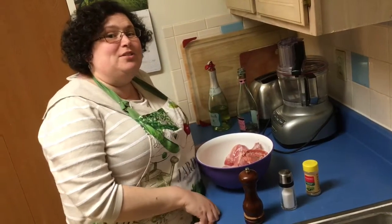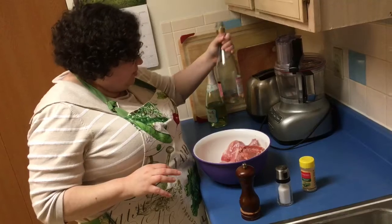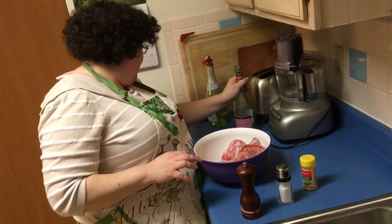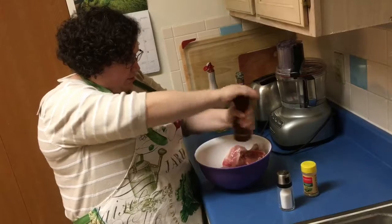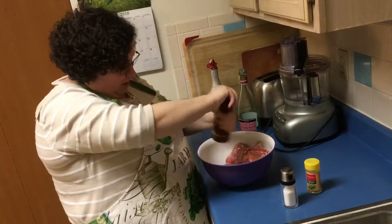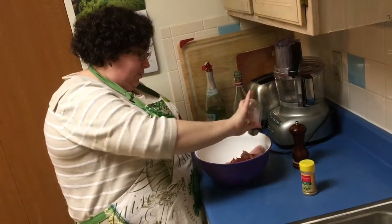So I'm going to cook the rabbit in a lot of wine today, and I'm just using whatever leftover I have. So here I have some Muscato wine. This is about, I would say, half a cup, so I'm gonna put it in here. And I have just regular Muscato for the cooking in a Dutch oven. So then we're gonna put some pepper on it, about a teaspoon to a teaspoon and a half, depending on how spicy you like things. We're gonna do about a teaspoon, and about 2 teaspoons of salt or so. You want it nicely